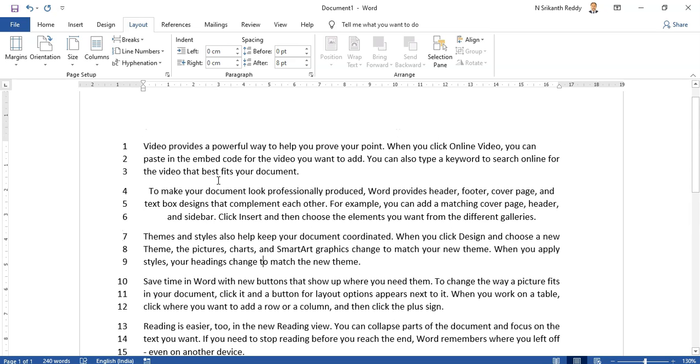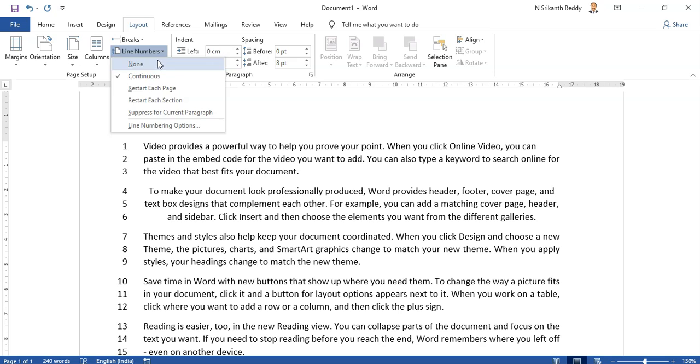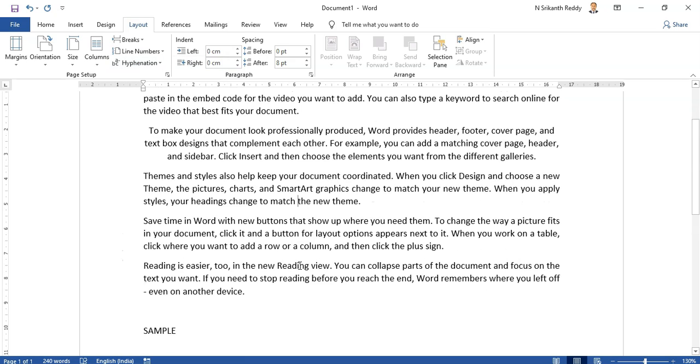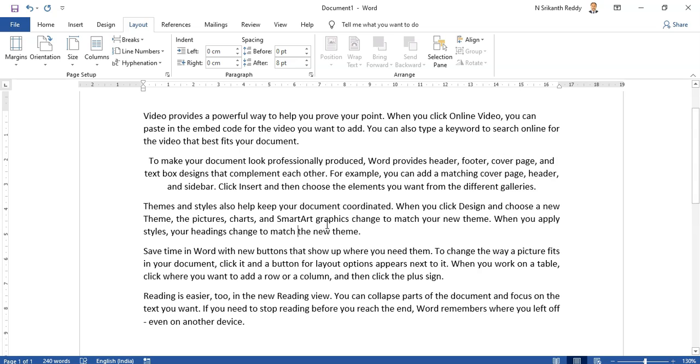Next we'll switch off these line numbers. Select line numbers, click none, and the line numbers will go off. So line numbers are very useful for drafting agreements also. You can really know which line number a particular paragraph will start. Because of line numbers, you cannot really tamper the document much by inserting lines in between. So it is a pretty useful feature. So this is Control G. Control G can take you to a particular part of the document, either a line or a page or a bookmark or a heading, so on and so forth.